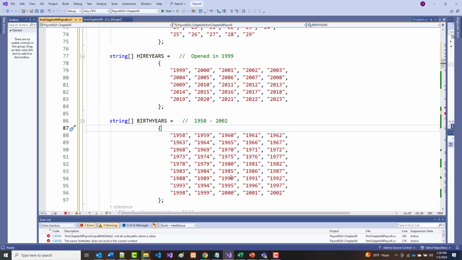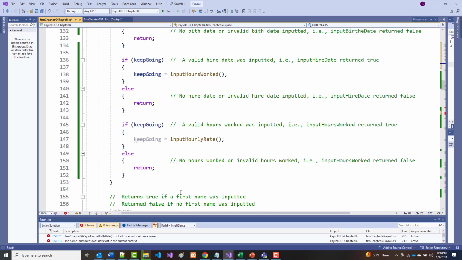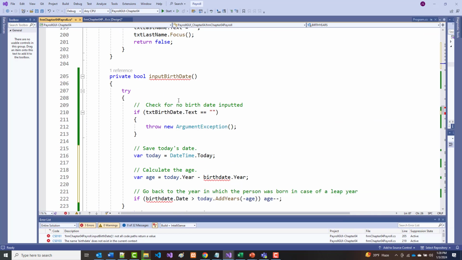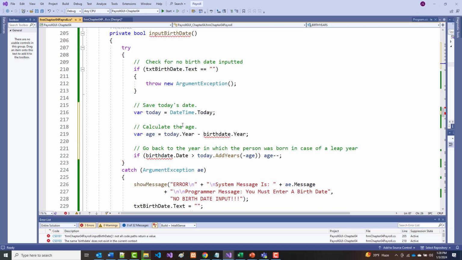All right. So these are all the years that somebody could be employed there. Now, this is going to have to change over time, but I'm not worried about that right now. All right. So let's go back to the program. And I had some errors in here in the input birth date. We said if it was empty, fine. So what we want to do is